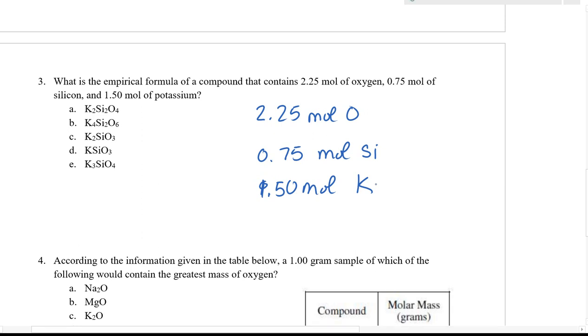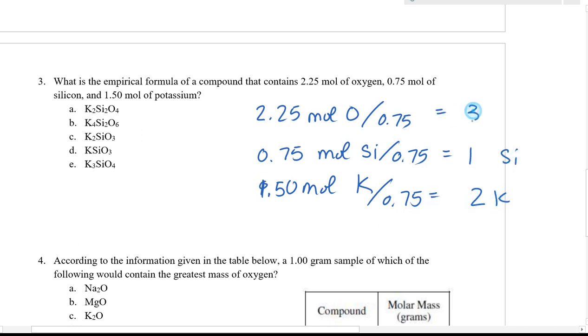So you can think of it this way. If we do percent to mass, mass to mole, the first two steps are already done for us. We already have moles. Now we're on to the next step, which is divide by small. So you're going to divide everything by the smallest number of moles. Okay, and that gives you 1 silicon per every 2 potassium, for every 3 oxygen. And then multiply to a whole. Didn't need to do that step. Okay, so that's